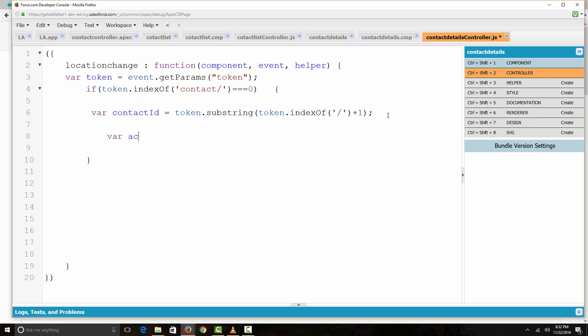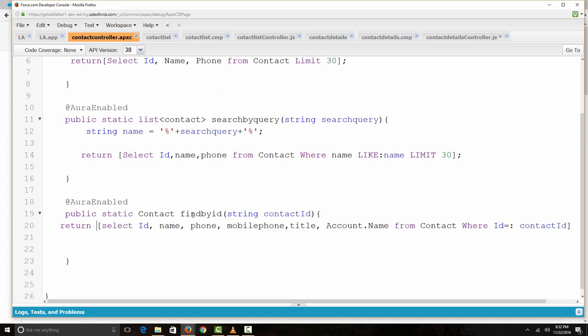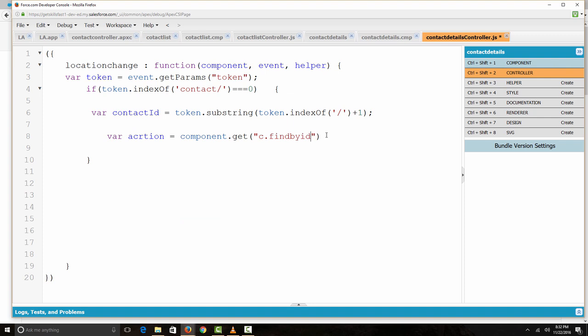Now we will call our method from the controller. So again we will define a var action equals to, you can name it anything you want, component.get("c." and the name of our controller method, findById. We will simply copy this and paste it here. Now we need to set a callback. We have been doing this callback thing several times now. Action dot set callback,